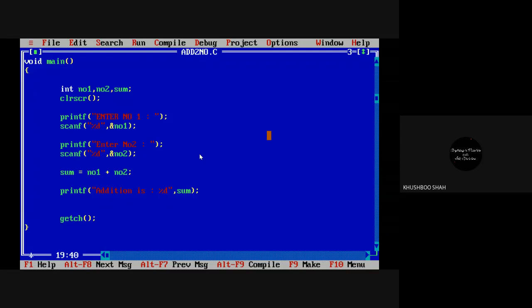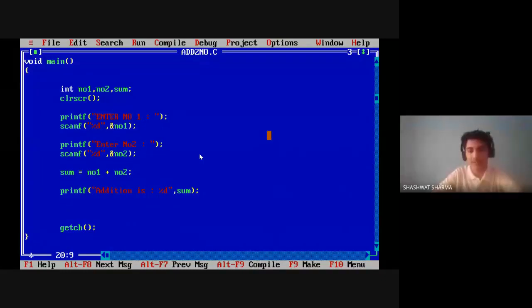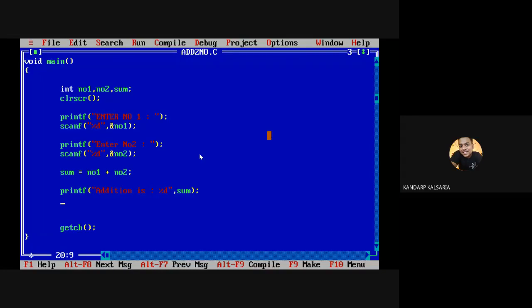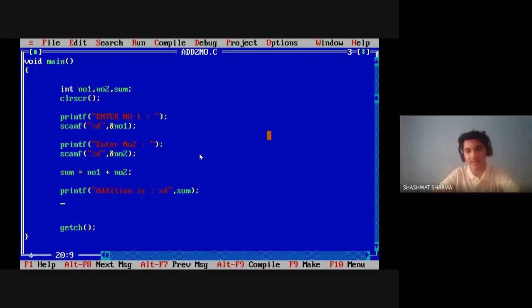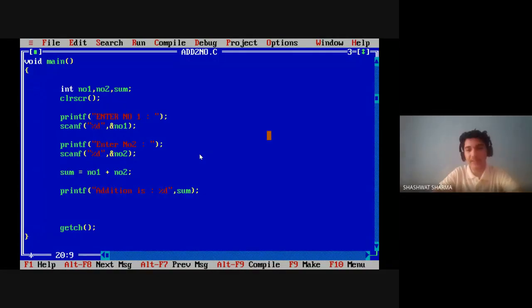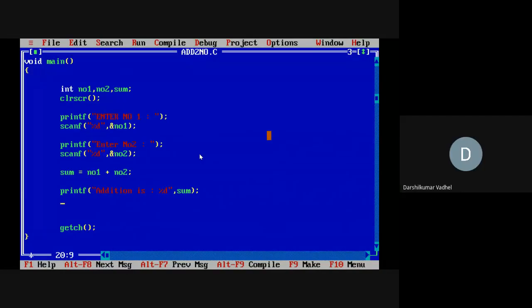See, now we know what printf is. What is printf, guys? Printf is a function. What is the use of the printf function? To display a message on the output screen. It displays the statements written in double quotes on the output screen. Perfect. So whatever you want to display on the screen, simply mention it in the double quotes.